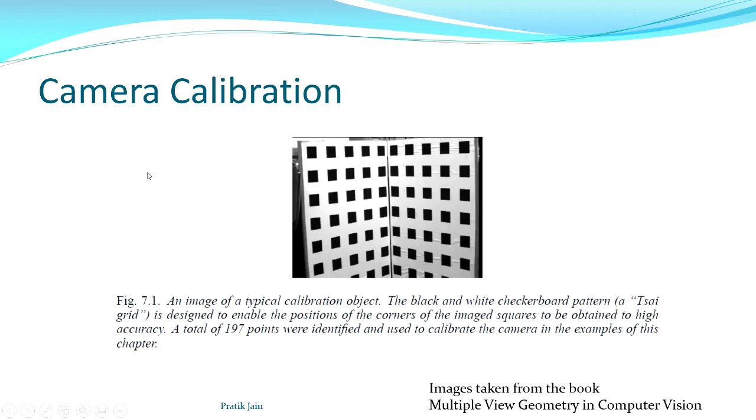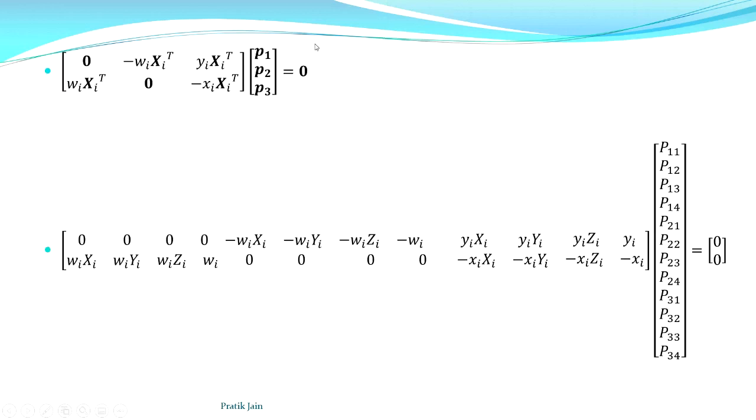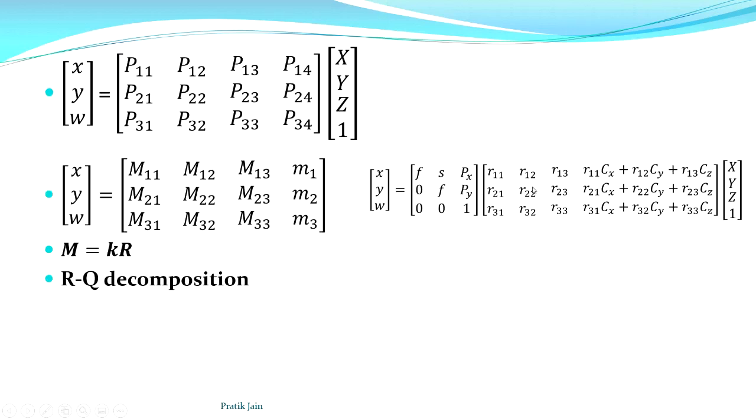So hence your P will again change, because this P is actually made of the extrinsic camera matrix over here, which is aligning the camera coordinates with the world coordinates. So if you change the reference, then these things will change. It is seen that the intrinsic camera matrix will not change, given that you don't change the focus of the camera, or you don't change the camera itself. So if those things are the same, the intrinsic matrix will always be the same, but these extrinsic parameters will change. So then what to do?